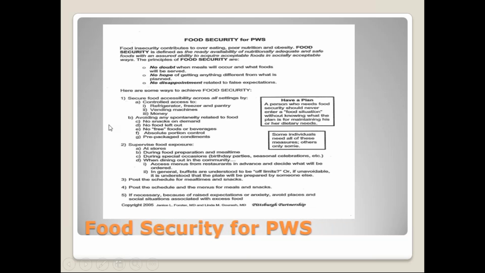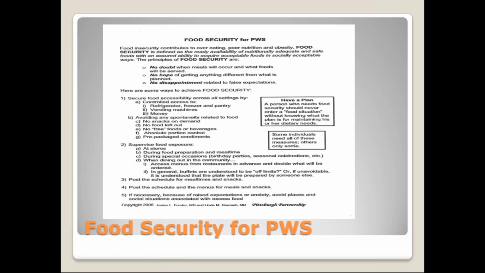I had this here at the end, but I think, especially if you've gotten the handout, this is one thing that's come from, I believe, the Pittsburgh Partnership for folks with Prader-Willi syndrome, and it's by one of the dietitians, Linda Gorash, a medical doctor who specializes in Prader-Willi syndrome. As they write, this is another thing you can use when you go to your committees to help you understand and help them understand why I need supervision in all these situations, okay? I need no unauthorized snacks, meaning we need to work with people around the folks with Prader-Willi syndrome.